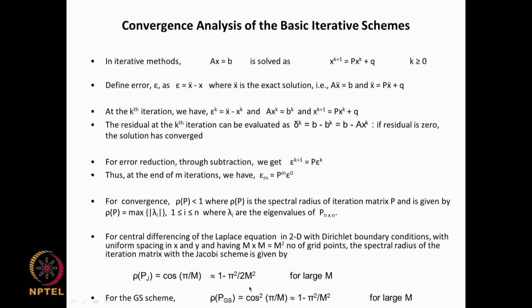Now, what does this mean? If you are looking at m equal to 50, then this is equal to 1 minus pi square, which is about 10, by 2 m square, where m is also in the denominator. So that is 2 by 50 square, 2 by 2500, so the total will be 10 by 5000, that is 1 by 1000, so this whole thing will be equal to 0.001. So 1 minus 0.001, which is 0.999, is the